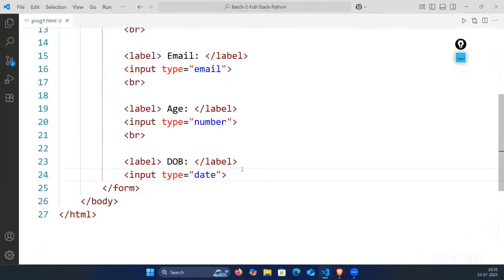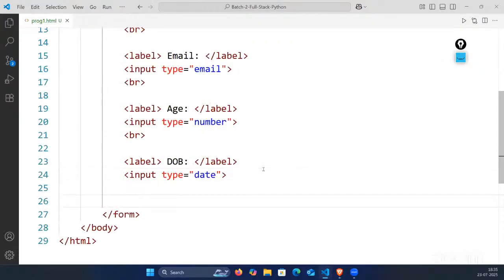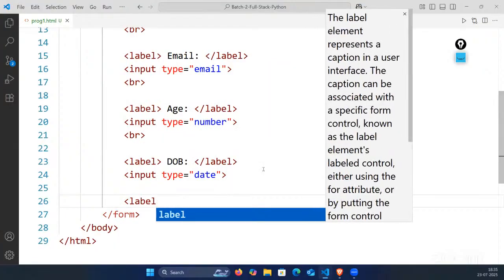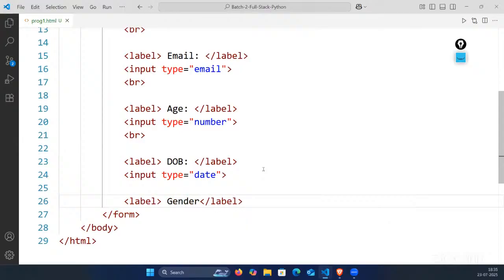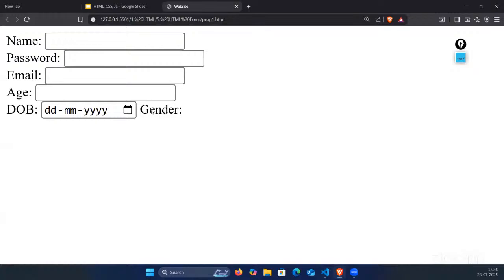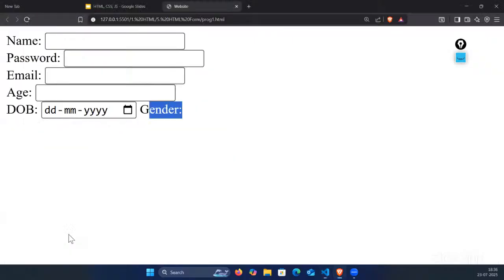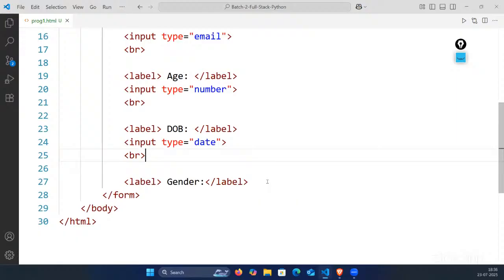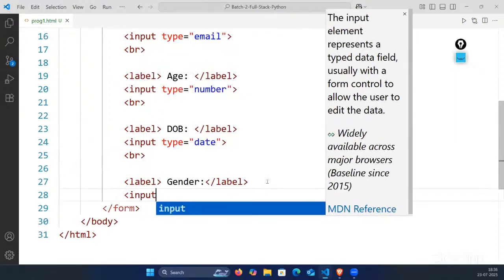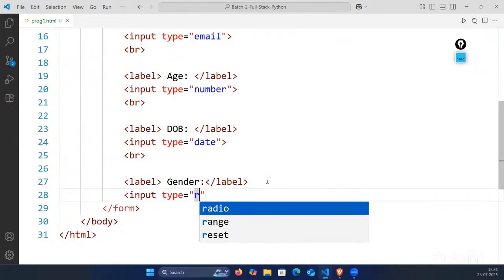Okay, to create a radio button, first let's do one thing. First, let's create one label here. So I'll say label, and after that, I'm saying gender, right? Let's see our output. Okay, gender came here. Let's put a BR tag here. It came down, right? Now, I wanted to put our radio button here. So first, for radio button, we have something called input, and we'll say type equal to radio,